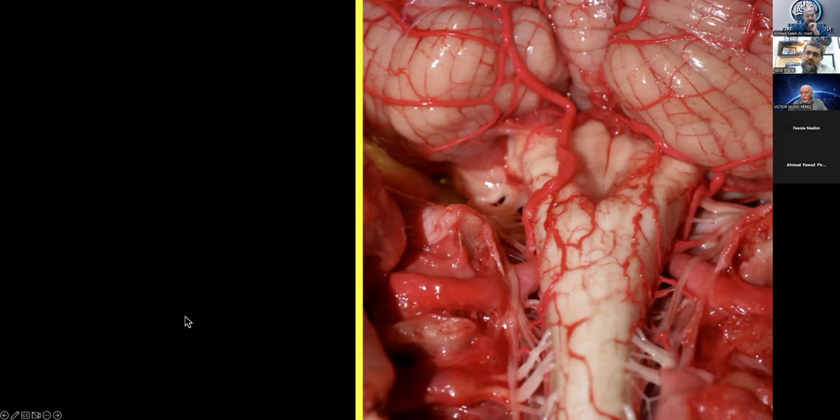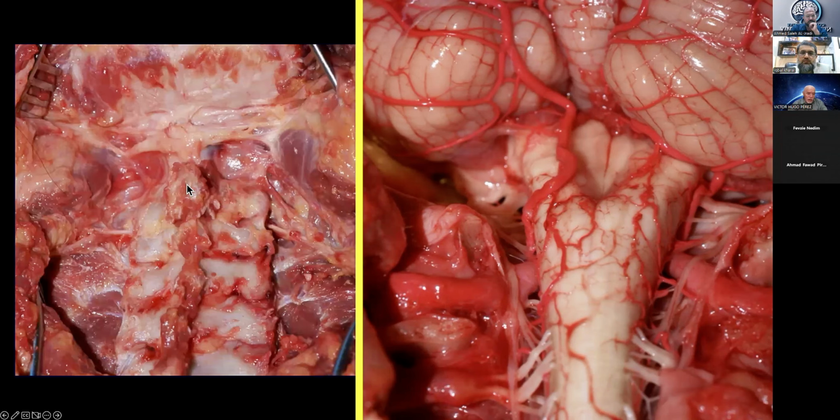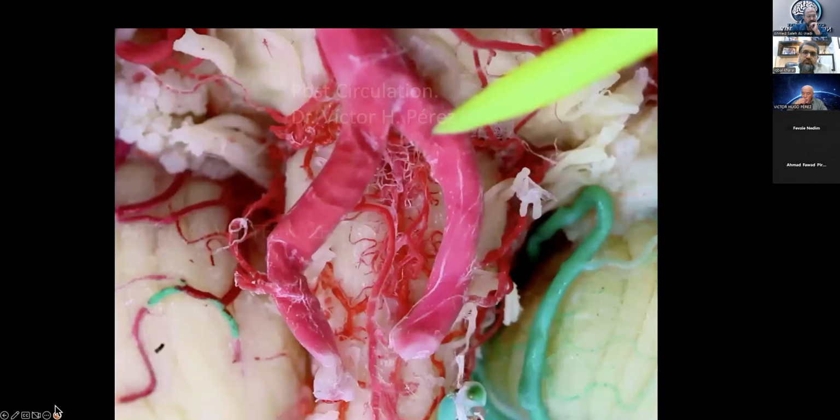So this is before dissection of this one, and this is after removing the bone structures in here. So I want to show you this dissection in order to see the